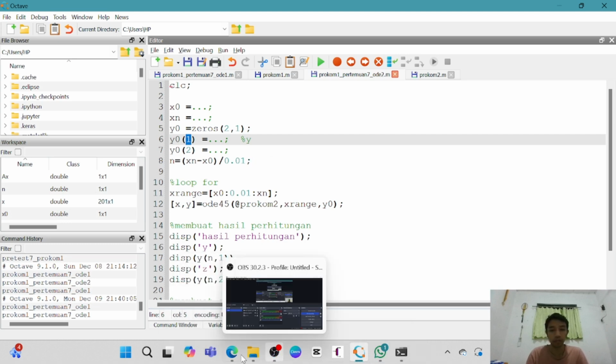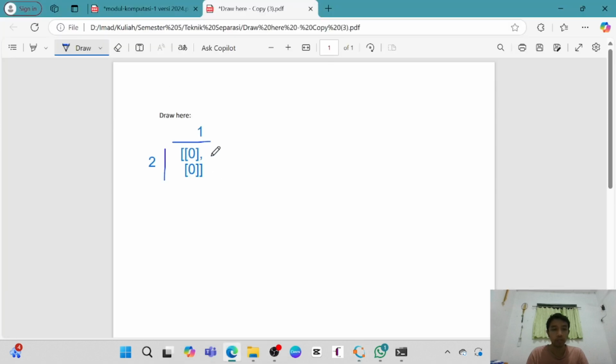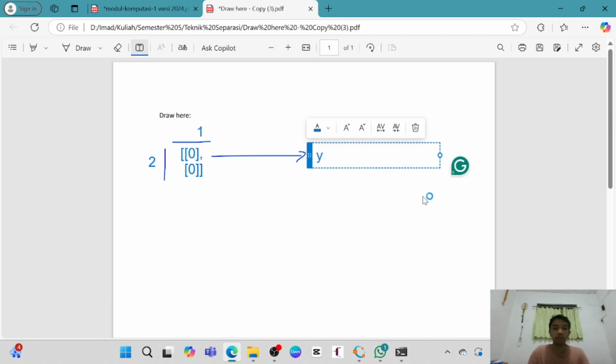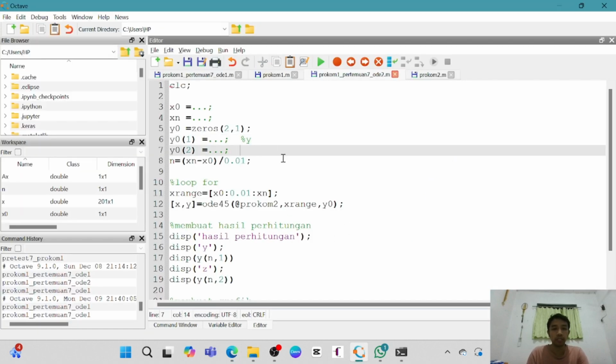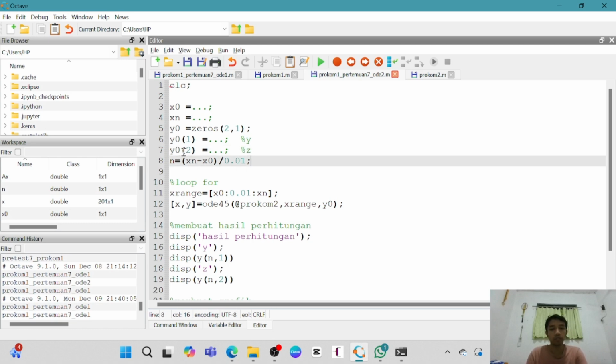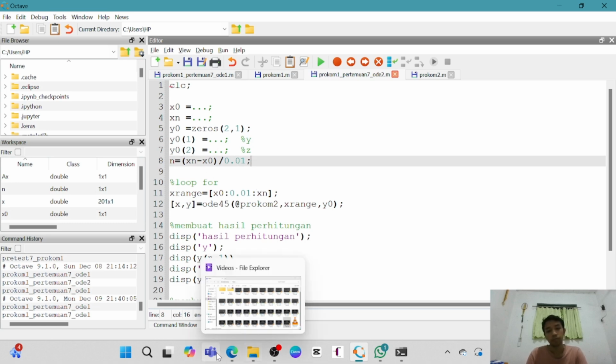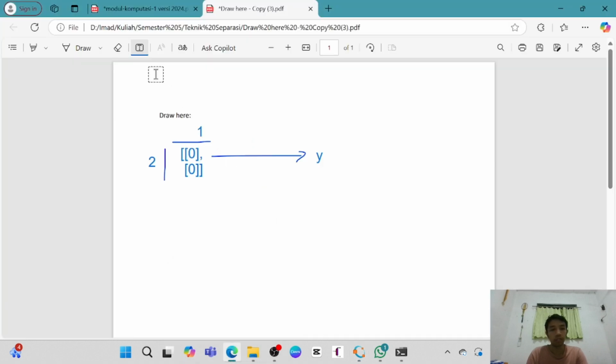This is the first row. Yes, this is for y. Then the second is for z. It's still in one matrix, but a different row. This is for z.